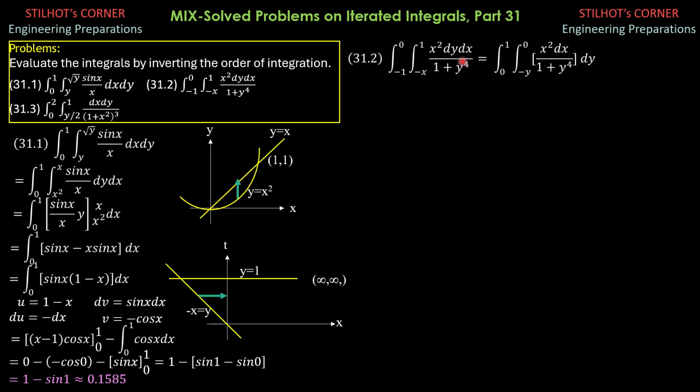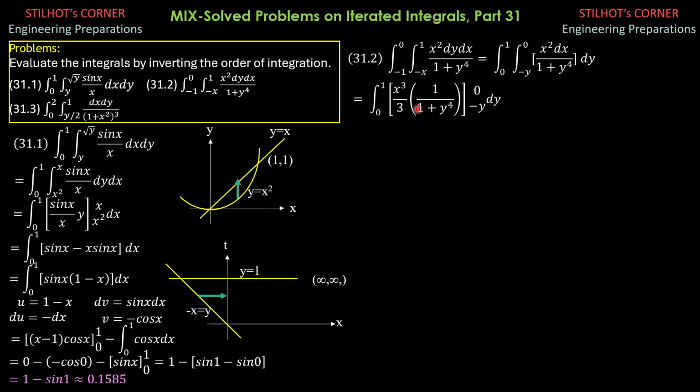Then we change the order of integration dy. So that means we evaluate this with respect to x, so 1 plus y to the fourth would be treated constant. So we have integral 0 to 1, x cubed over 3 times 1 over 1 plus y to the fourth, and from negative y to 0 dy. So when x is 0, 0 cubed over 3, everything would be 0.